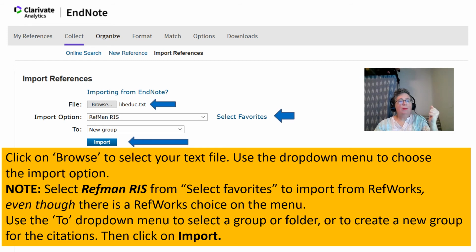Then you'll use RefMan RIS, which seems kind of counterintuitive because there is a RefWorks import option, but RefMan RIS works consistently more effectively for me. If you don't know where that is, you can select it from the favorites and add it to your favorites. You can go here and select it and add it to your favorites. And then you'll either choose a group or just import them as a new group. It doesn't matter because you're going to get a chance to name the group next. But first you have to hit the import button, which is right there, and it should